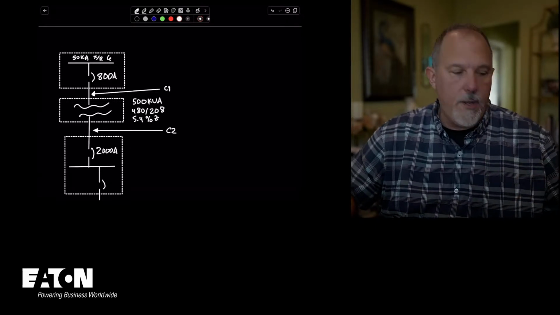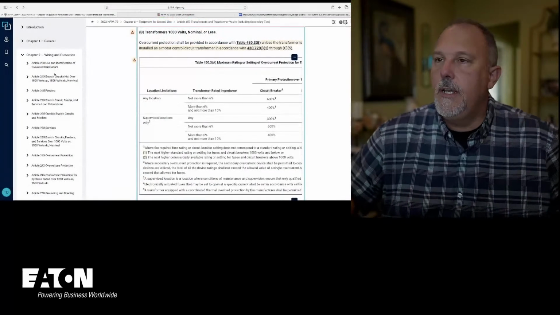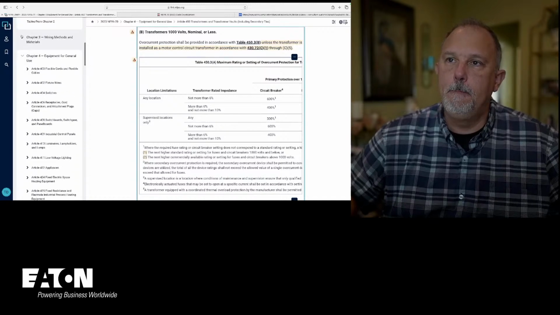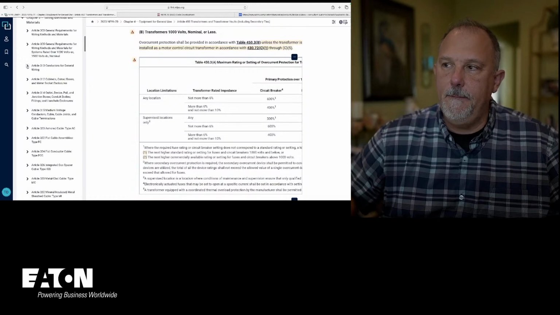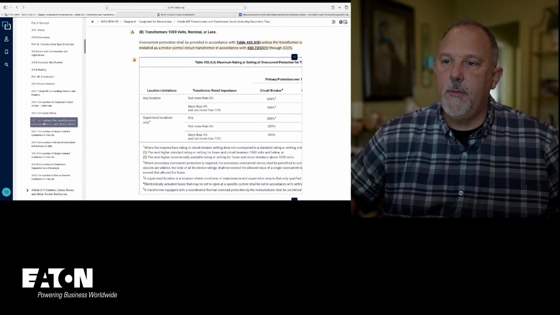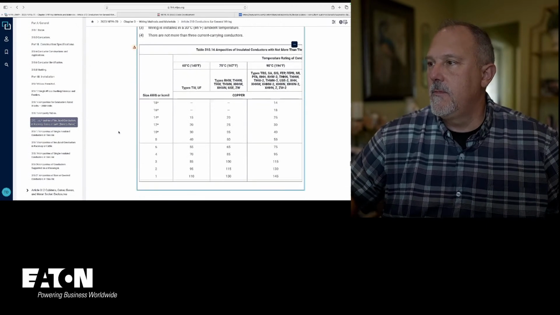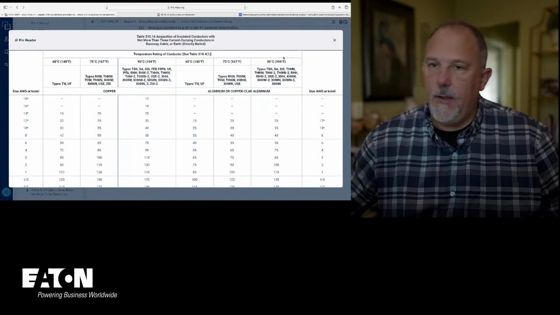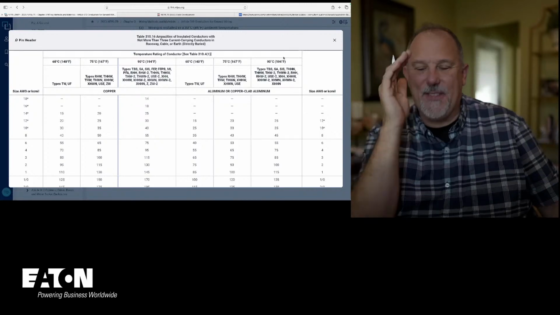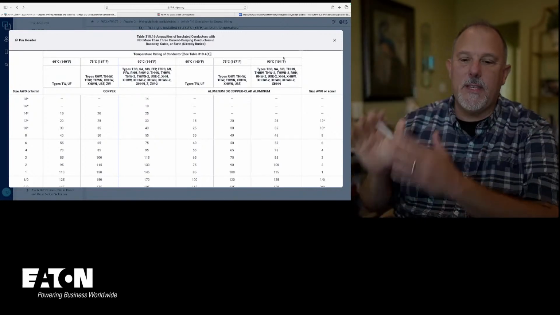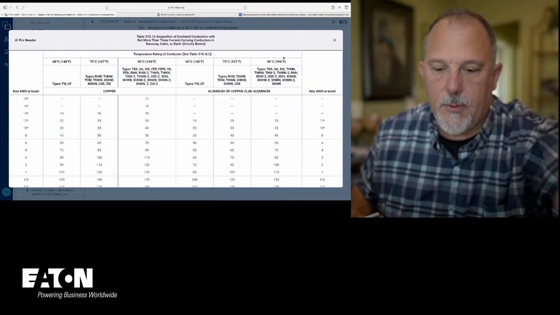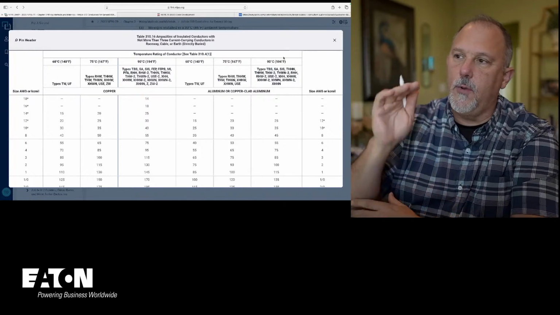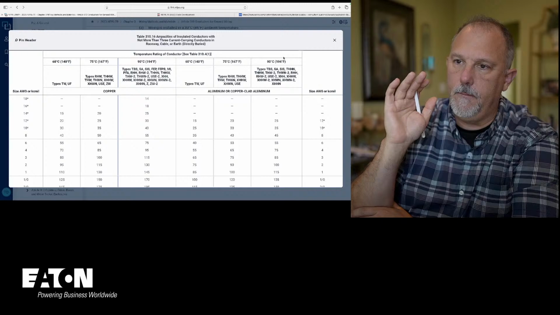So what I am going to do is I am going to go to chapter 3, article 310, and I'm going to go to 310.16. And I'm going to look at this table. Right, so this table, now, thanks, David. So what I'm going to do here, David, is I have to pick my